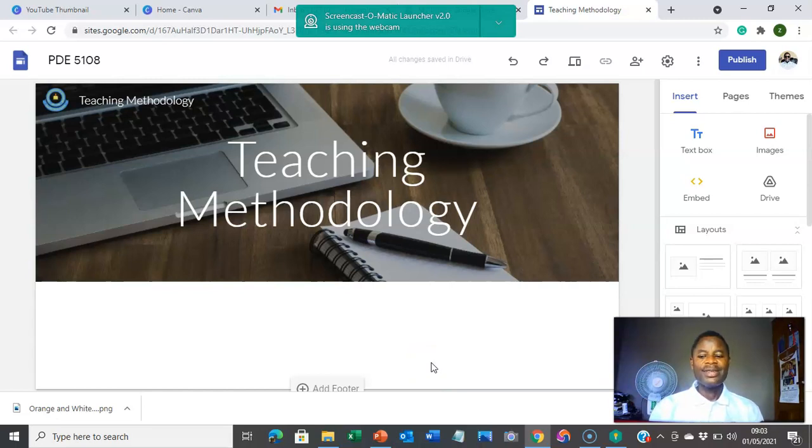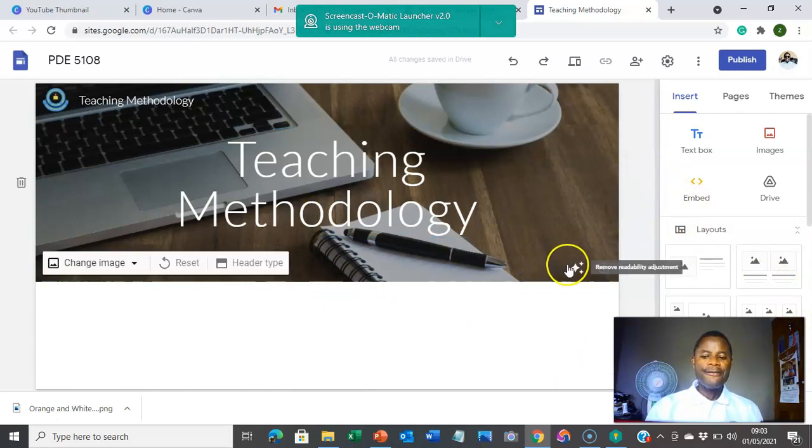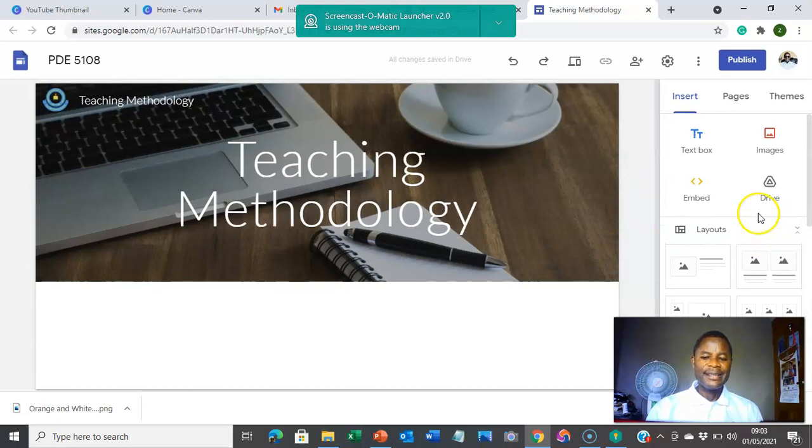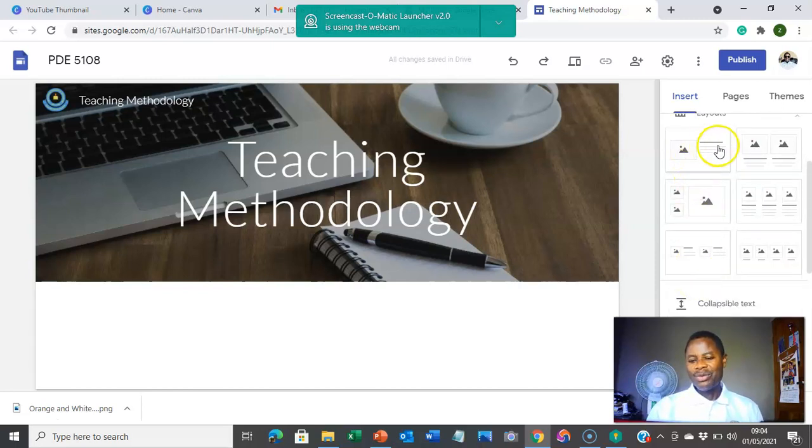pages or icons or whatever it is that we want to add. Now, if you look at the right side of this page, you will see that I have a text box, in case you want to write something on the website page. I have images in case you want to import an image on the page. You have embedded, you have drive in case you want to import some items from your Google Drive onto your website. And we also have